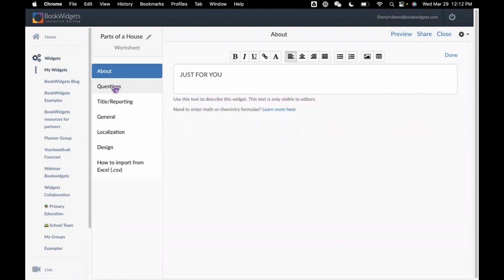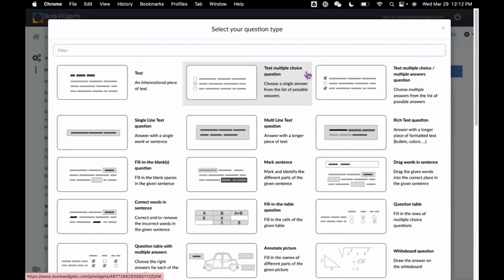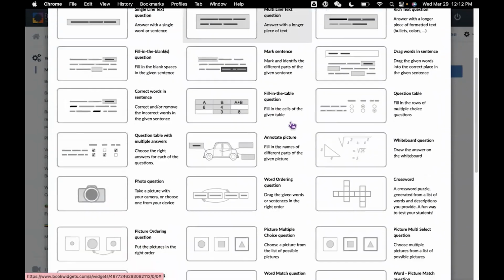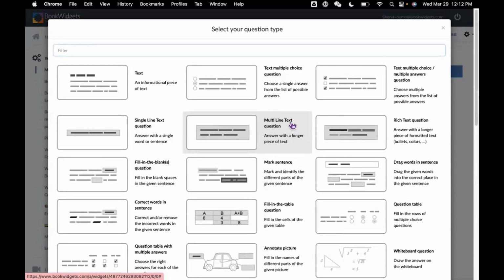Now, remember what I said, we're going to work top to bottom, left to right. And I always say, just follow the blue line. So now we're going to head on over to our questions, and I'm going to select add my first question. When I select add my first question, I now get all of my questions that I can use to create